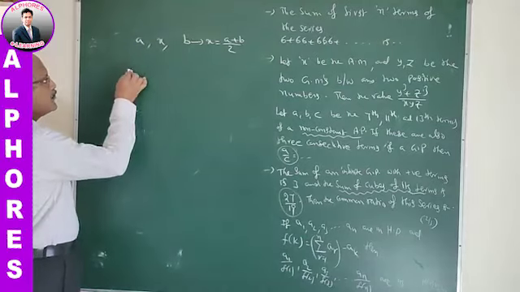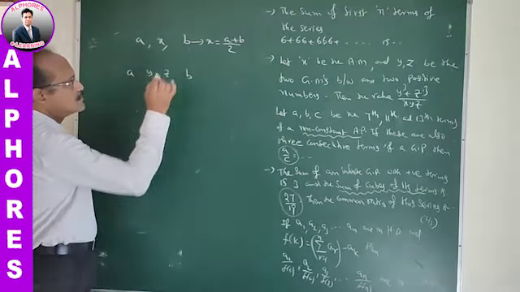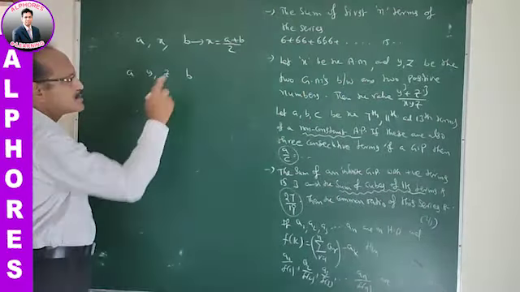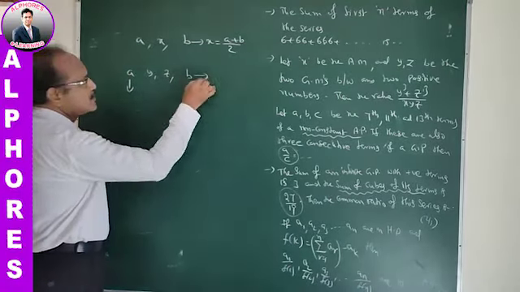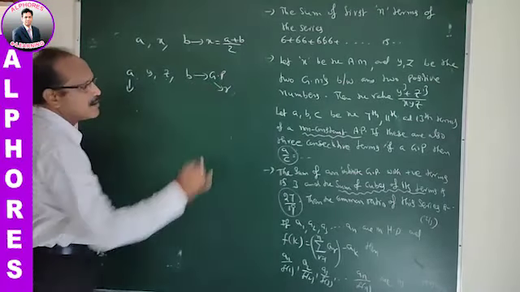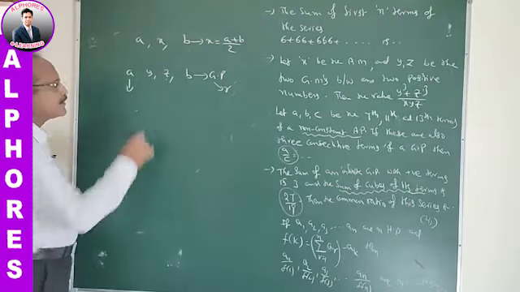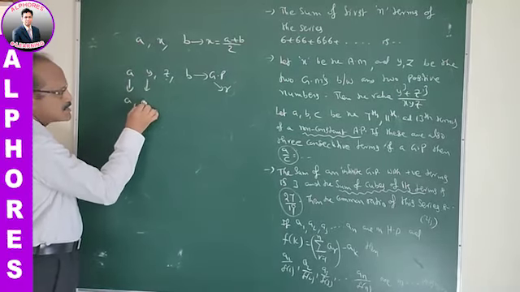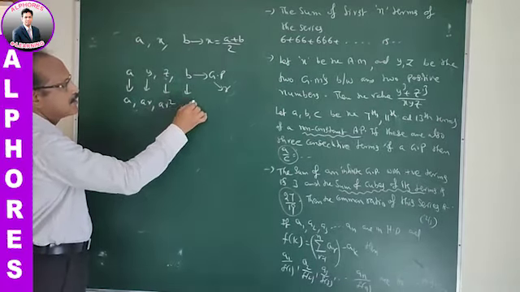And again, between the same two numbers, y and z are the geometric means. Y and z are the geometric means between the same two positive numbers. Now we are expressing this series. These are the geometric means, so it is a GP. Let the common ratio of this GP be R. Then the terms are of the form a, y is aR, z is aR square, and b is aR cube.